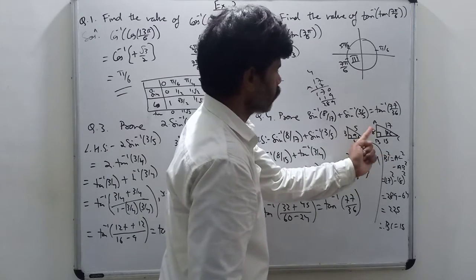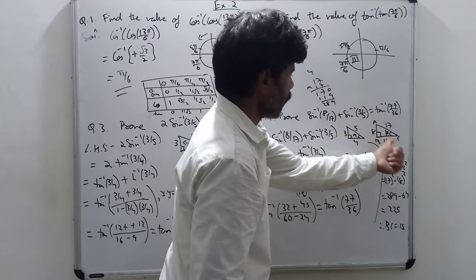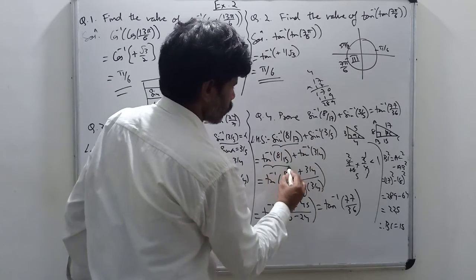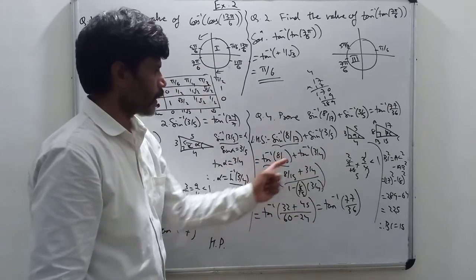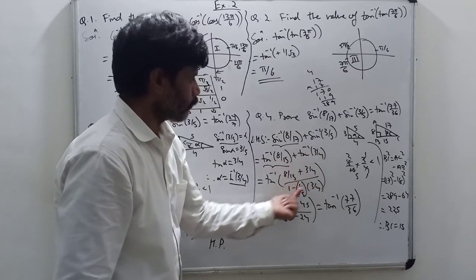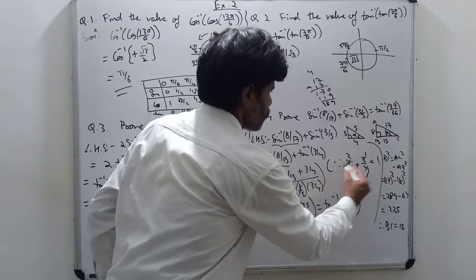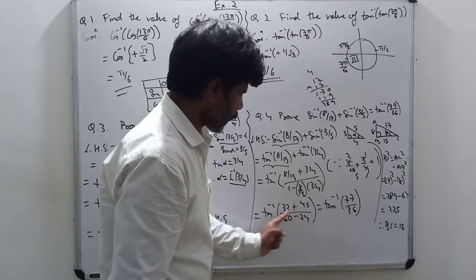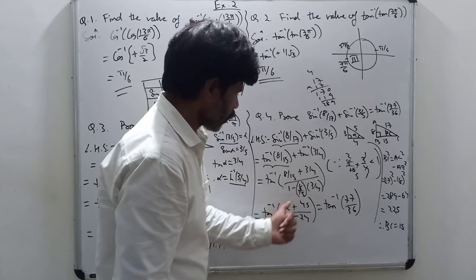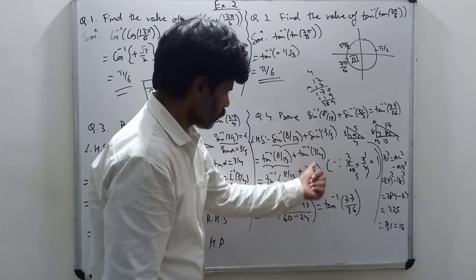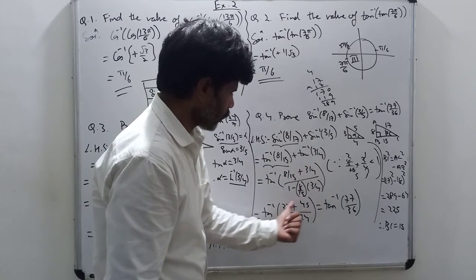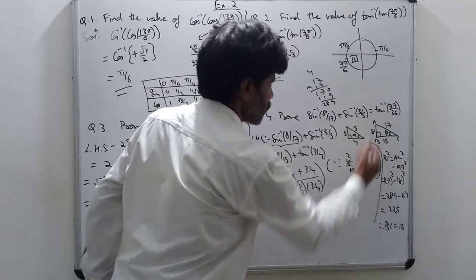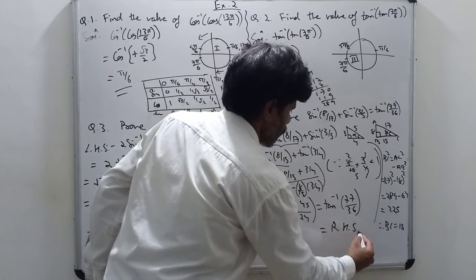So therefore, if you want to convert sin inverse of 8 by 17 to tan inverse, it will be tan inverse of 8 by 15. Then we have applied the formula tan inverse of (x plus y) upon (1 minus xy) when xy is less than 1. So we are getting tan inverse of, taking LCM and no cancellation, 8 fours are 32, 3 into 15 is 45, then 15 into 4 is 60 minus 3 eights are 24. Then we are getting tan inverse of 77 by 36. That is nothing but the RHS. Hence proved.